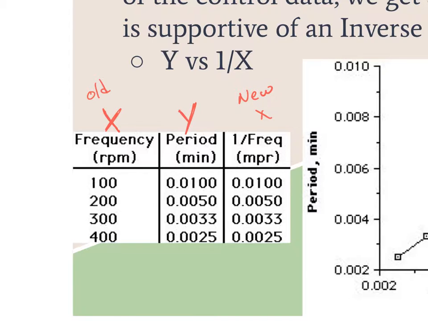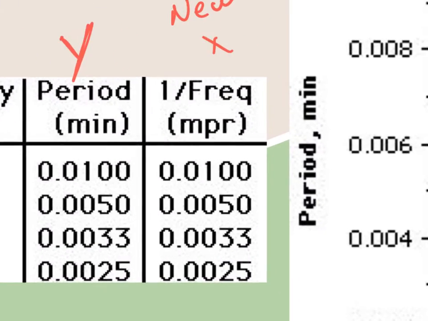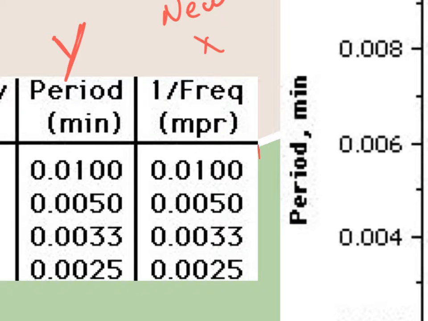So I'm going to do 1 over 100, 1 over 200, 1 over 300, and 1 over 400. So I have to actually do a little bit of math. I have to calculate what 1 over each of my x variables is. And so 1 divided by 100 is 0.01, 1 divided by 200 is 0.005, so on and so forth. Then,